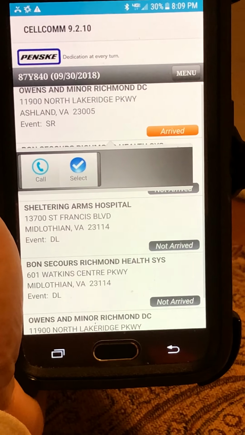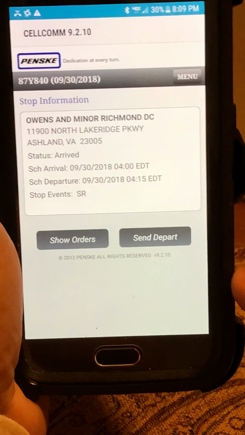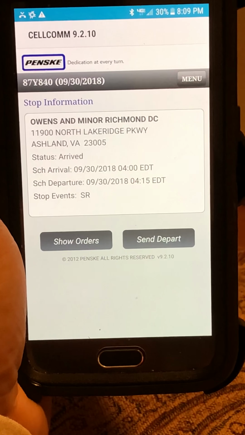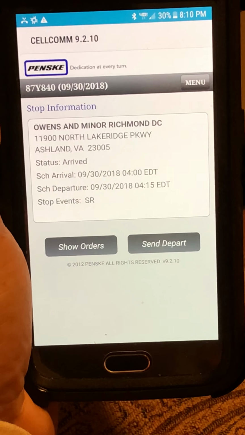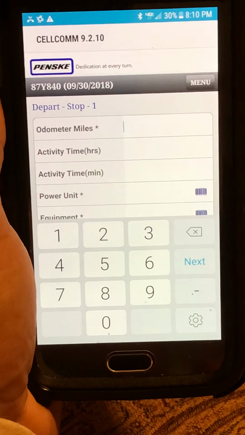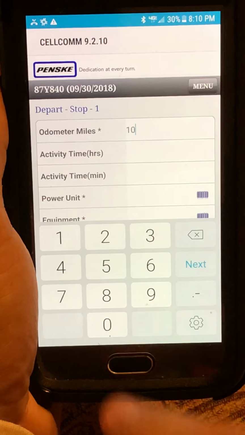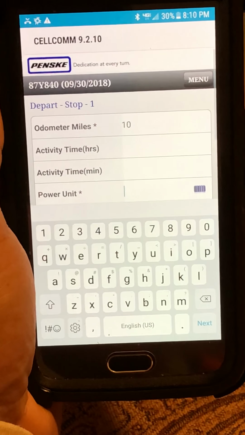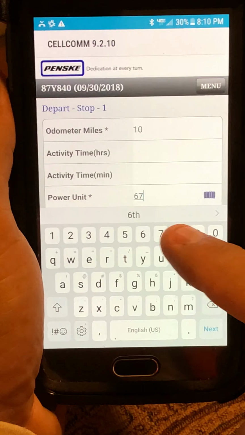If we start at our very first stop, we can take a look at the orders that we're taking and we're delivering, or we can put the information in to start our day. So we're going to do that. Put our odometer miles in. I'm going to say I've got a new tractor, so we got 10. We're going to put a power unit. Power unit is tractor, so I'm going to put in